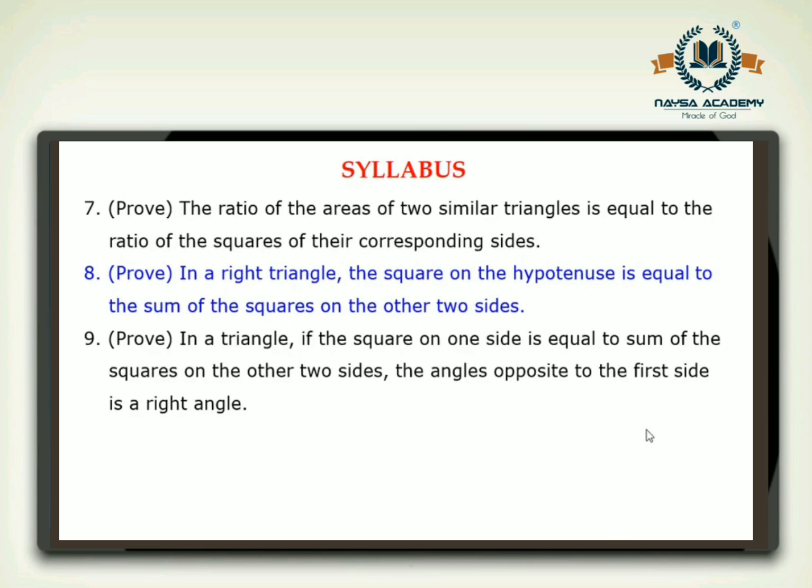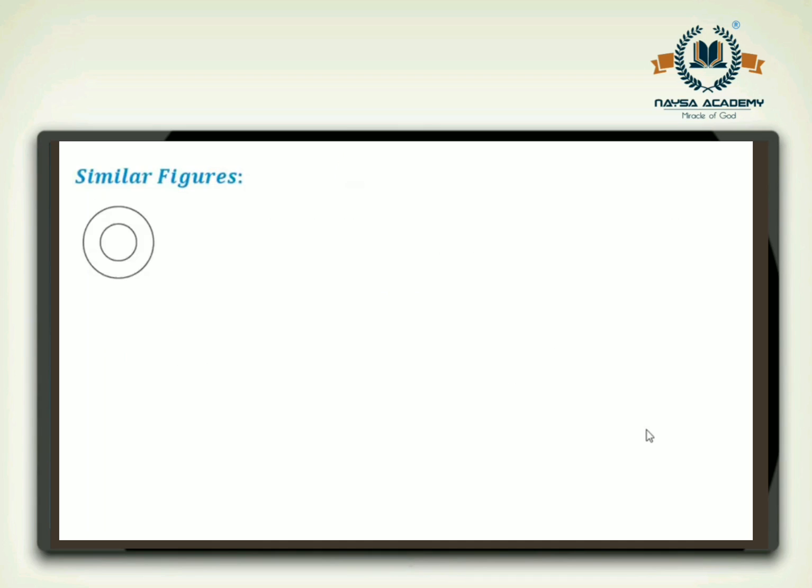So let us first understand what are similar figures. Now here you can see two circles. We will say that these two circles are similar. Now what do we mean by similar? We mean by similar that their look is same, right? When I take a photograph of myself, then the picture in that photograph and myself, we are similar, right? What is the difference? Only the difference is of size. So here you can see that this is a circle with a smaller radius and this is a circle of larger radius. So I will say that these two circles are similar.